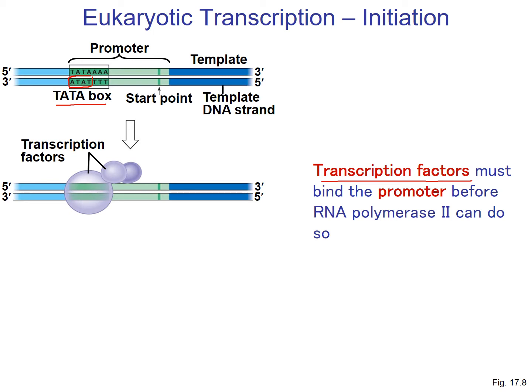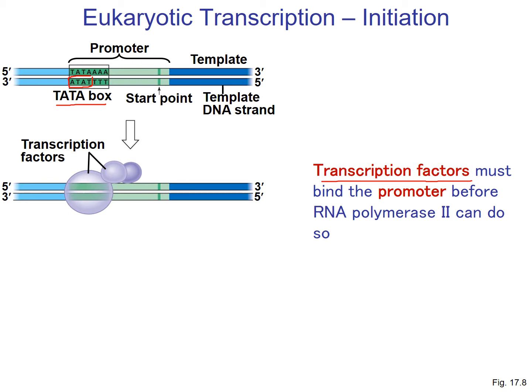Secondly, we're multicellular organisms, and we start off as babies, juveniles, fetuses, we grow, we mature, and so some genes need to be turned on or off during different times of development. So these transcription factors are tissue-specific or developmental stage-specific, and they're essential for the RNA polymerase to bind before